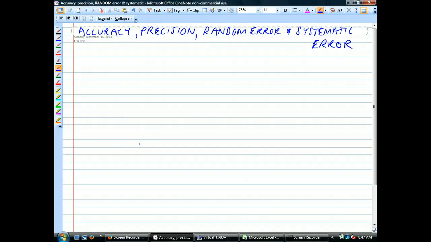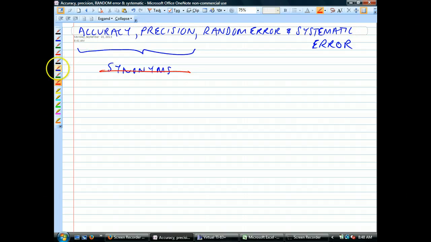Hello again. I want to talk today about accuracy, precision, random error, and systematic error, four closely related terms. We usually, in everyday language, use accuracy and precision as synonyms, but they are not synonyms in a technical sense. They have two distinct meanings, and those are